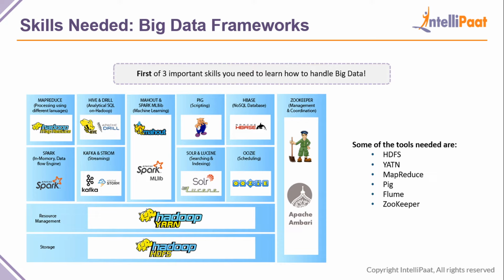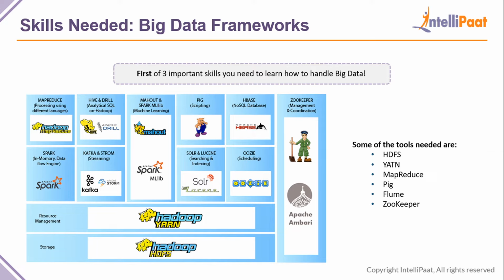We have Oozie, we have HBase, we have Pig, Mahout. We have a machine learning library called Spark ML, we have Apache Storm, we have Kafka, Apache Drill, guys. We have Zookeeper, we have Ambari, and when you think about it, there are so many tools. Again, do not get me wrong here. My point is not to get you overwhelmed with how much is out there. It's just that there is so much out there, and each of these tools, if you learn and understand it, they pay really well, and you will understand how.